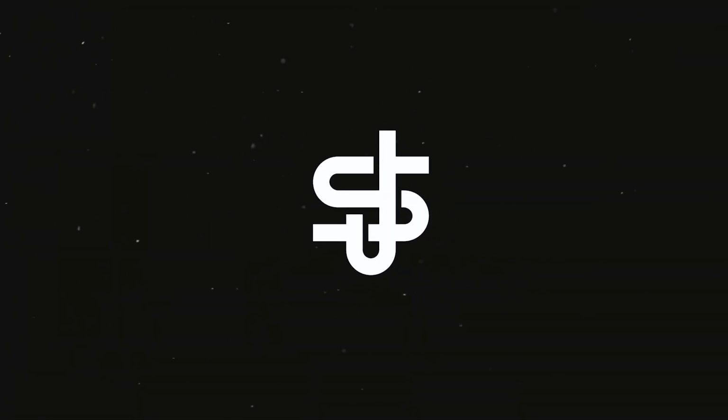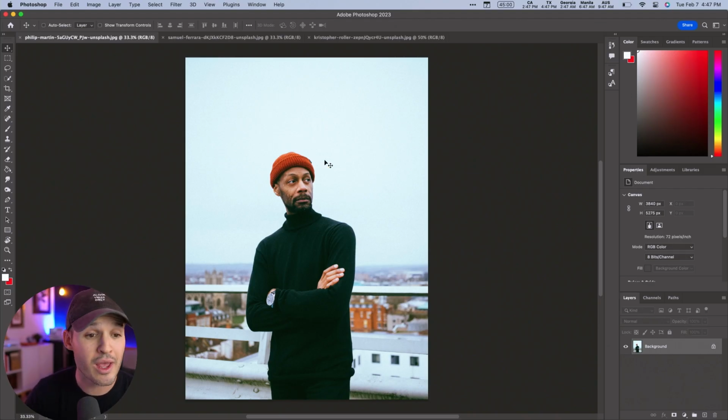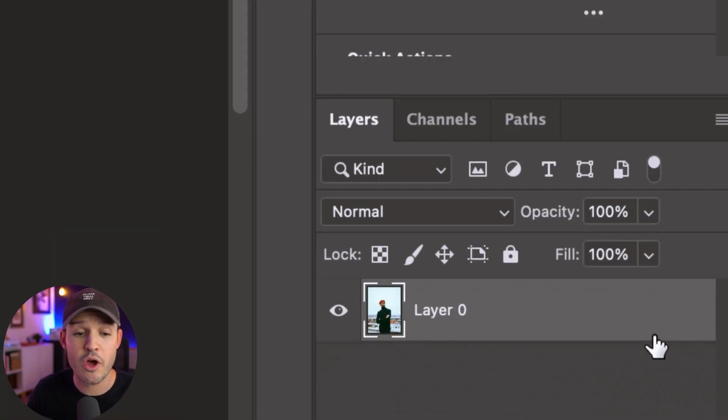All right, let's jump into the very first technique, and that is masking and removing objects from their background. I'm inside of Photoshop right now, and I have this fantastic image that I want to work with. I want to pull this gentleman out so I can use him in maybe a composition or inside of a website header design. To do that, I'm going to come down to my layers panel, simply click on it and